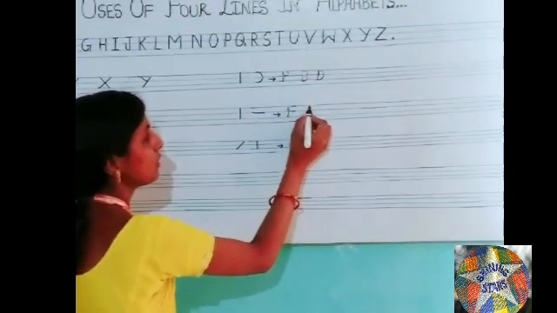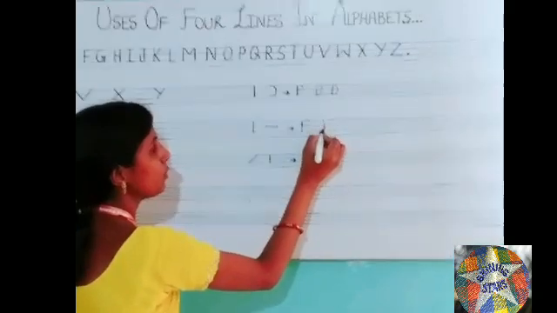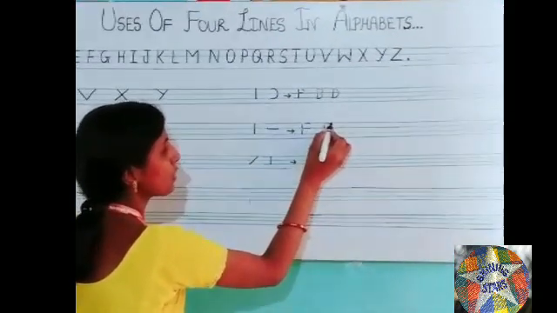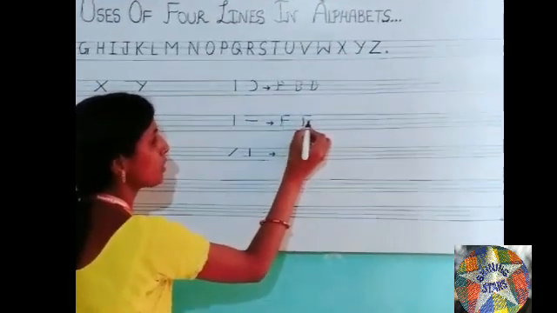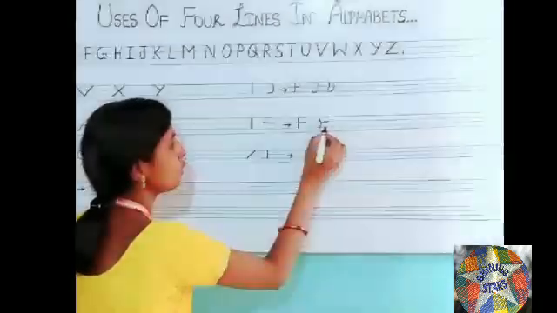First we will draw a standing line in 3 lines, blue line to green line. Again we will use a small slipping line in the blue line. Again we will use a small slipping line in a green line. In the second green line, again we will use a small slipping line. Which letter does it make? E.